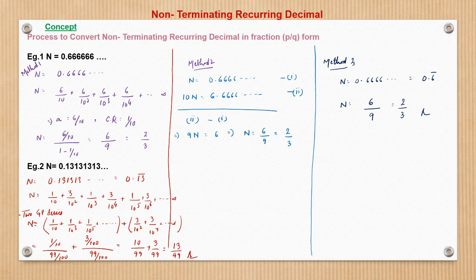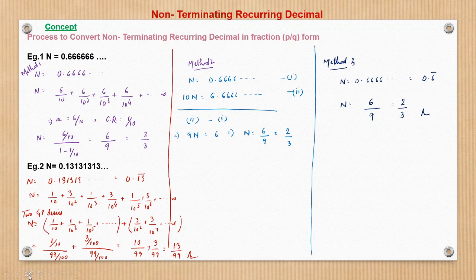This method is important because from here we get the concept of how to solve the question. There's no rocket science here. We just expand. 0.1 we can write as 1 by 10, and 0.13 we can write as 1 by 10 plus 3 by 100. So we expand the same thing, and then using that we arrive at a single rational number of the form p by q.